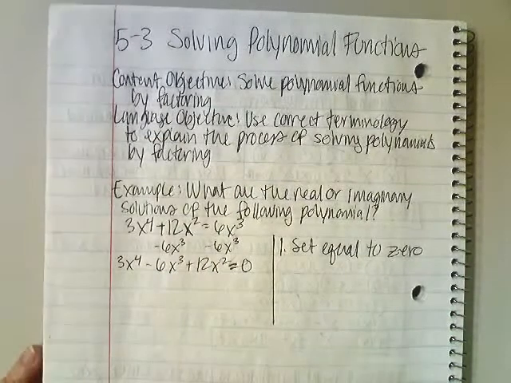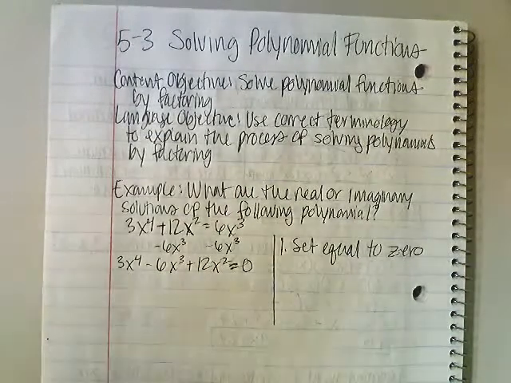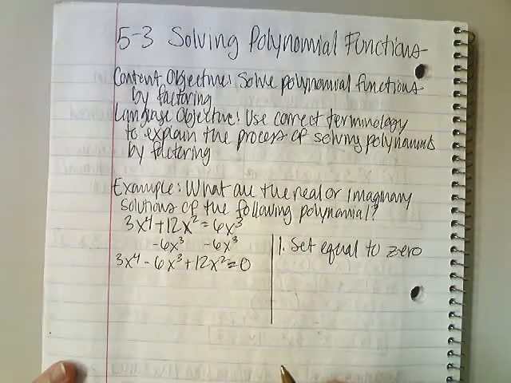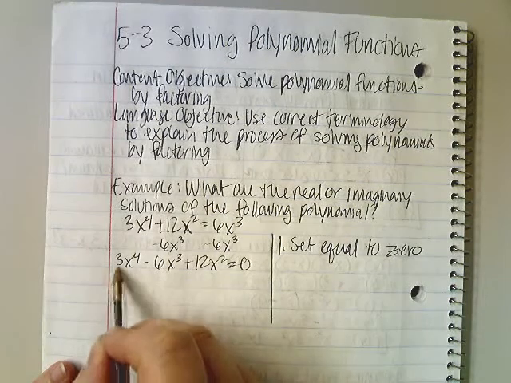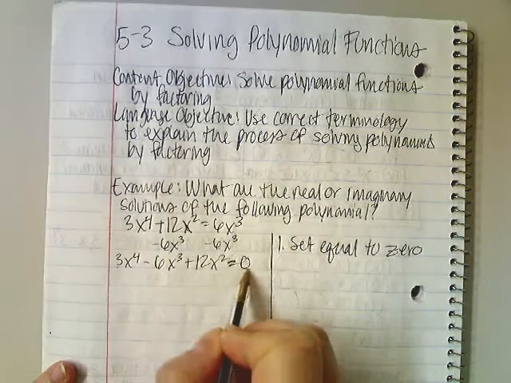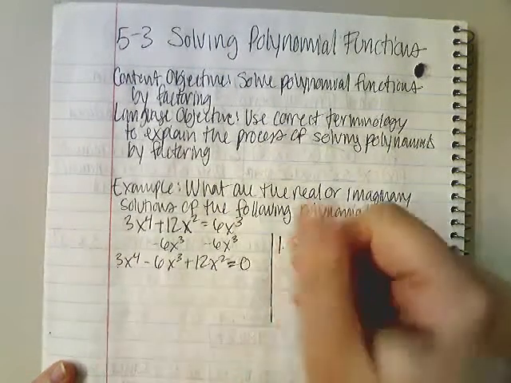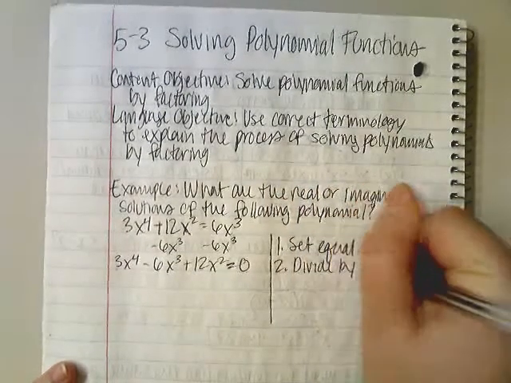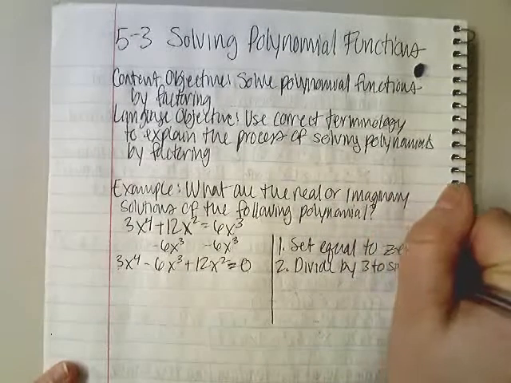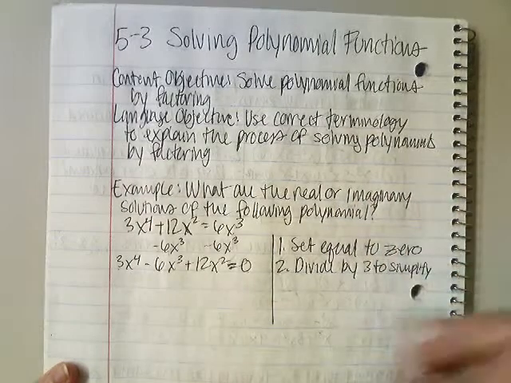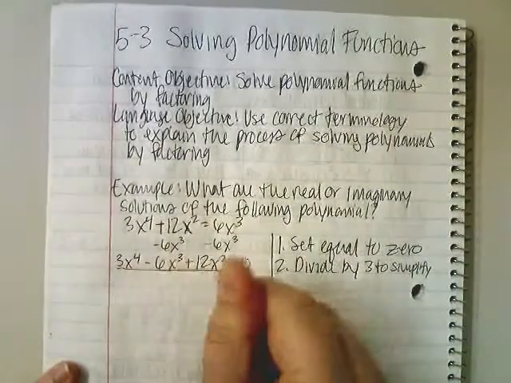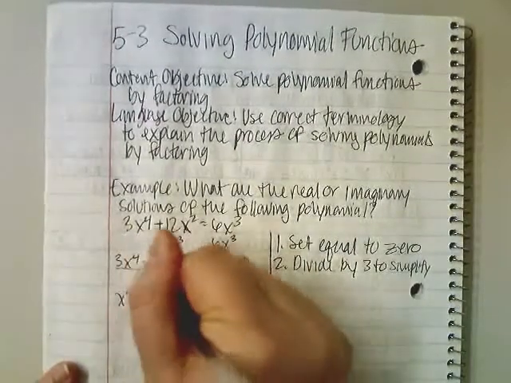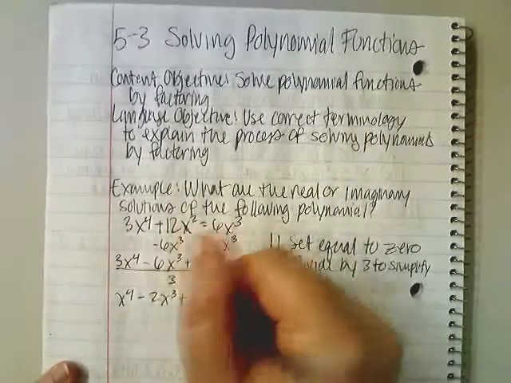Now I have a couple options. If I want to just factor out the GCF, I can do that. But to make this easier on myself, since I see these are all divisible by 3 and the equation is equal to 0, I'm going to divide everything by 3 to simplify. So if I divide everything by 3 on both sides, I get x to the fourth minus 2x cubed plus